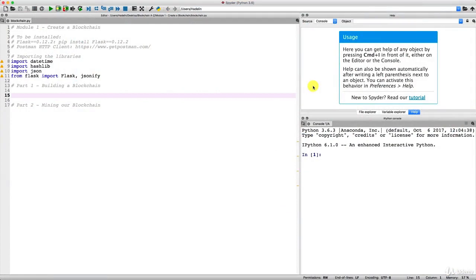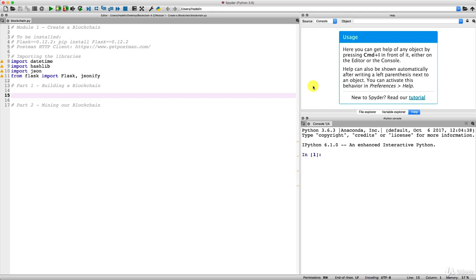Hi guys, and finally we're about to start building our blockchain. So we will build this blockchain in two parts. First, part one, building the blockchain. So we will build just the architecture of the blockchain. And in part two, we'll make some functions, two functions actually, to get the state of the blockchain, to display it in our Postman user-friendly interface. And another function to mine, of course, a new block in our blockchain. And therefore, today we're going to start with part one.